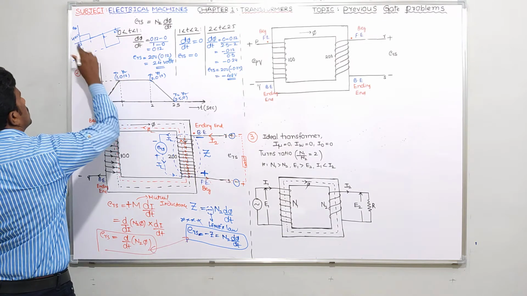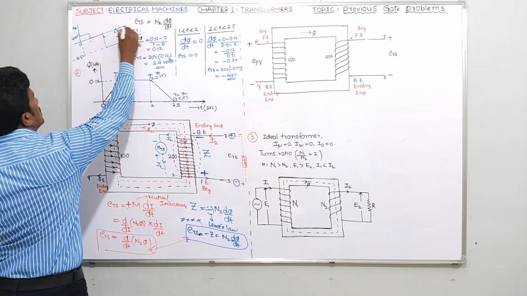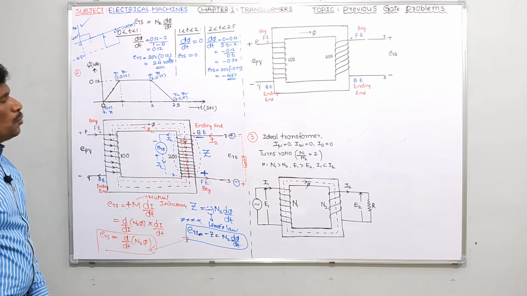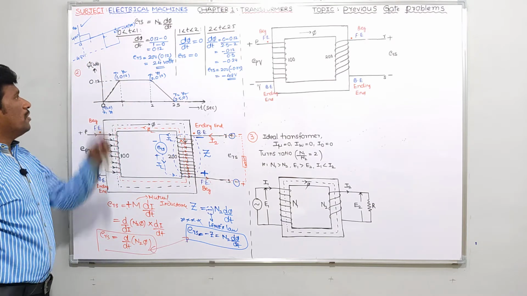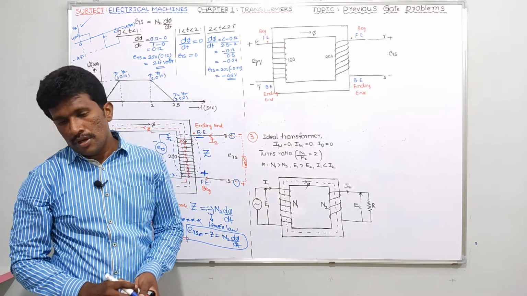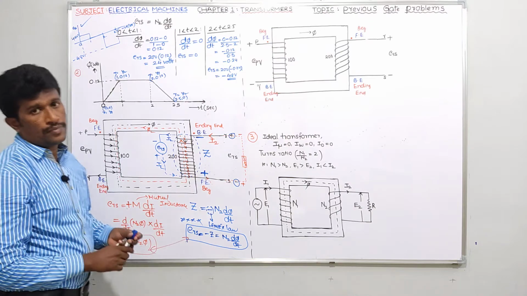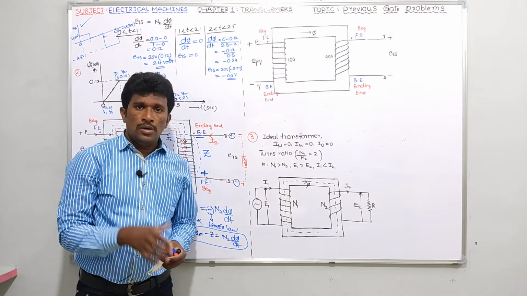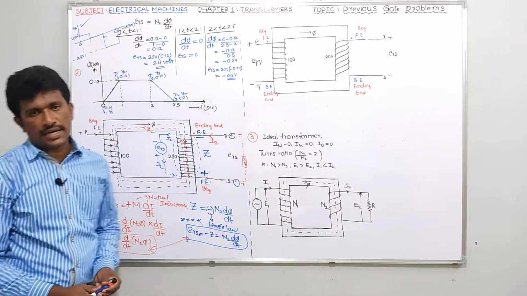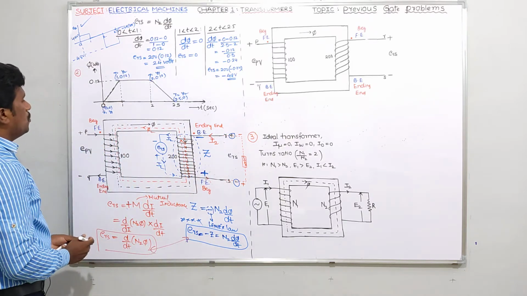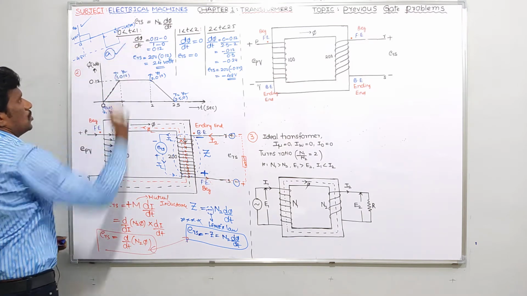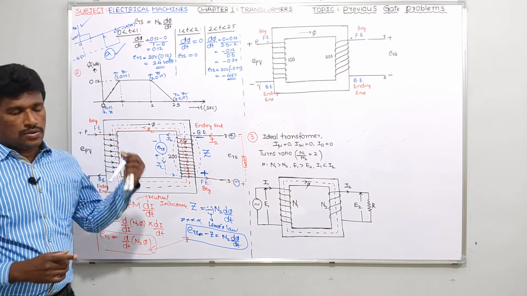Okay, so now tell me, this is time in seconds. Which option contains this graph? From 0 to 1 it should be plus 24, next 1 to 2 it is 0, and 2 to 2.5 it is minus 48. So please tell me what is the right option? I think option A is the right answer. Okay, right? You can go for option A. I'll write here somewhere: option A is the right answer. Please note this.